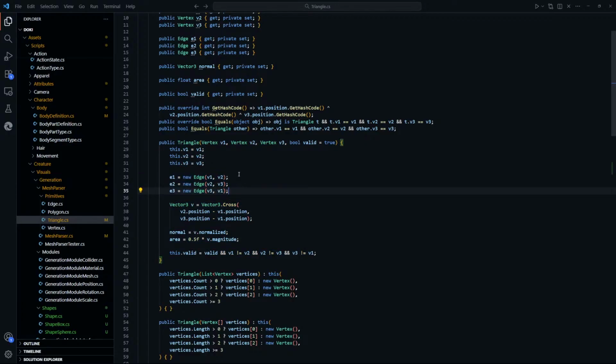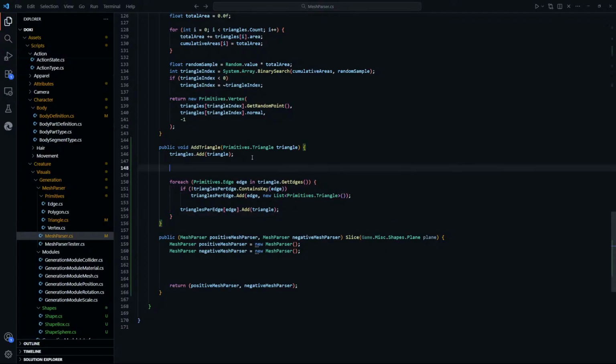Oh, yeah, we probably want to recreate the full triangle because we create the edges in here as well. So before we add it,